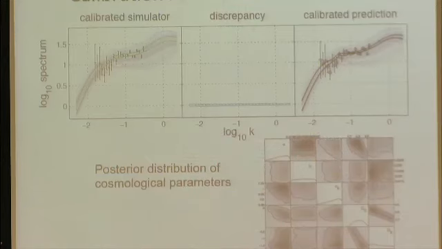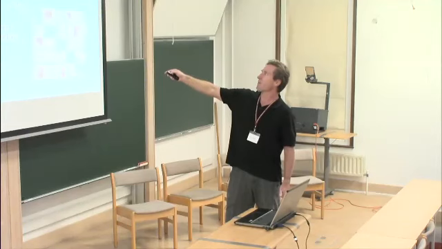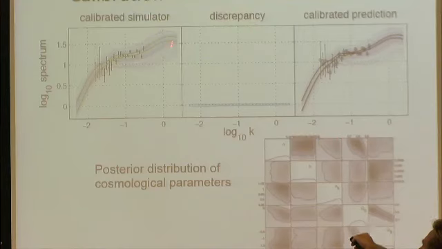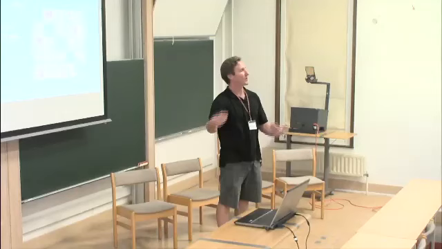So what's going to happen in the next generation of large-scale surveys is that we're going to get more data out here. And now what's going to be really important is that the difference between dark matter, which the simulation runs, and light matter, which we see in these surveys, is going to become important. And so what we think is going to happen, or we even know this is going to happen, we just don't know the extent of it, is that the model's going to go up here, but the data are going to go down here a little bit. That's because of this transformation between dark matter and what you observe.